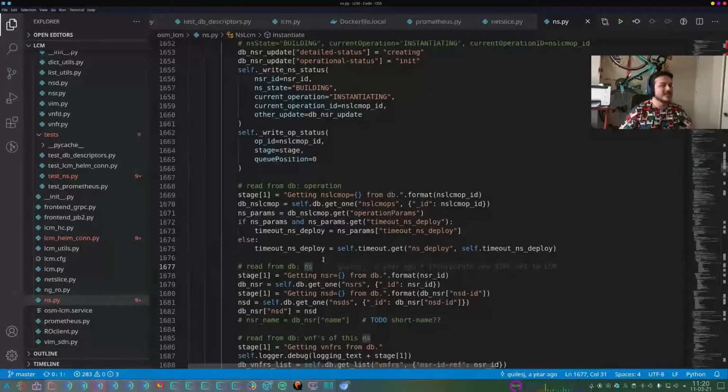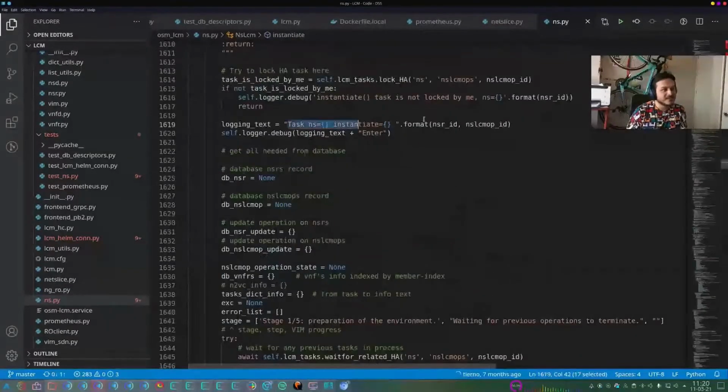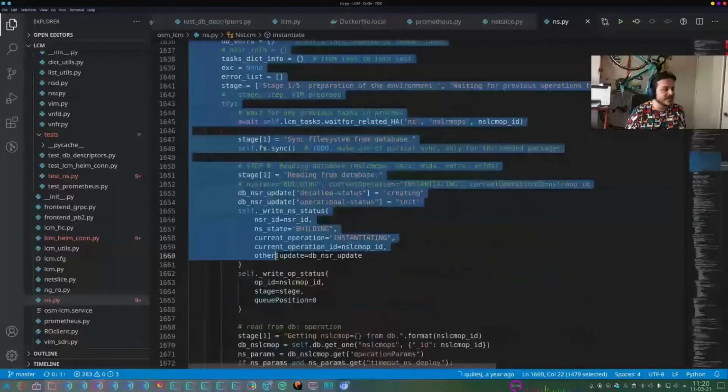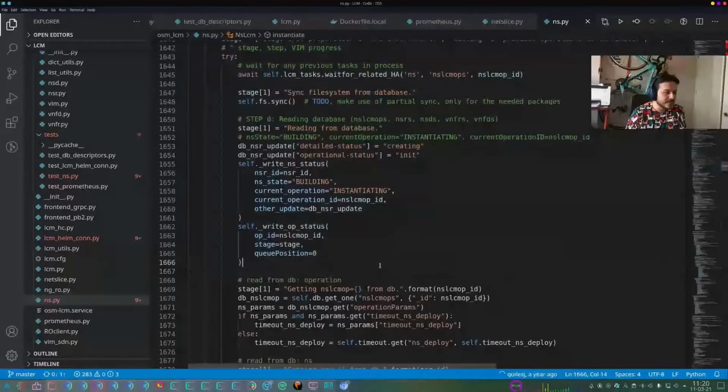So as you can see, the next message from this one, something in the middle was taking up 5 minutes. And now we need to start discarding some options because, for example, this write OP status,